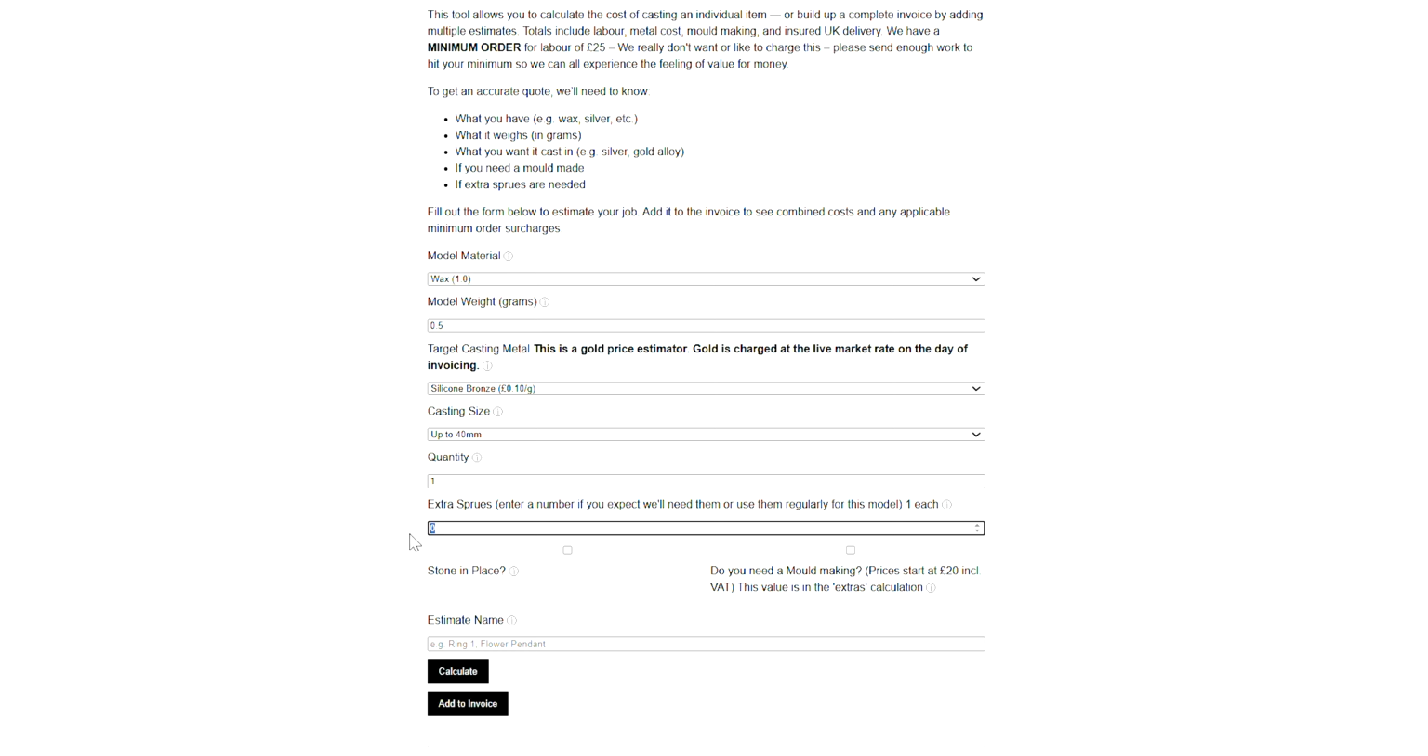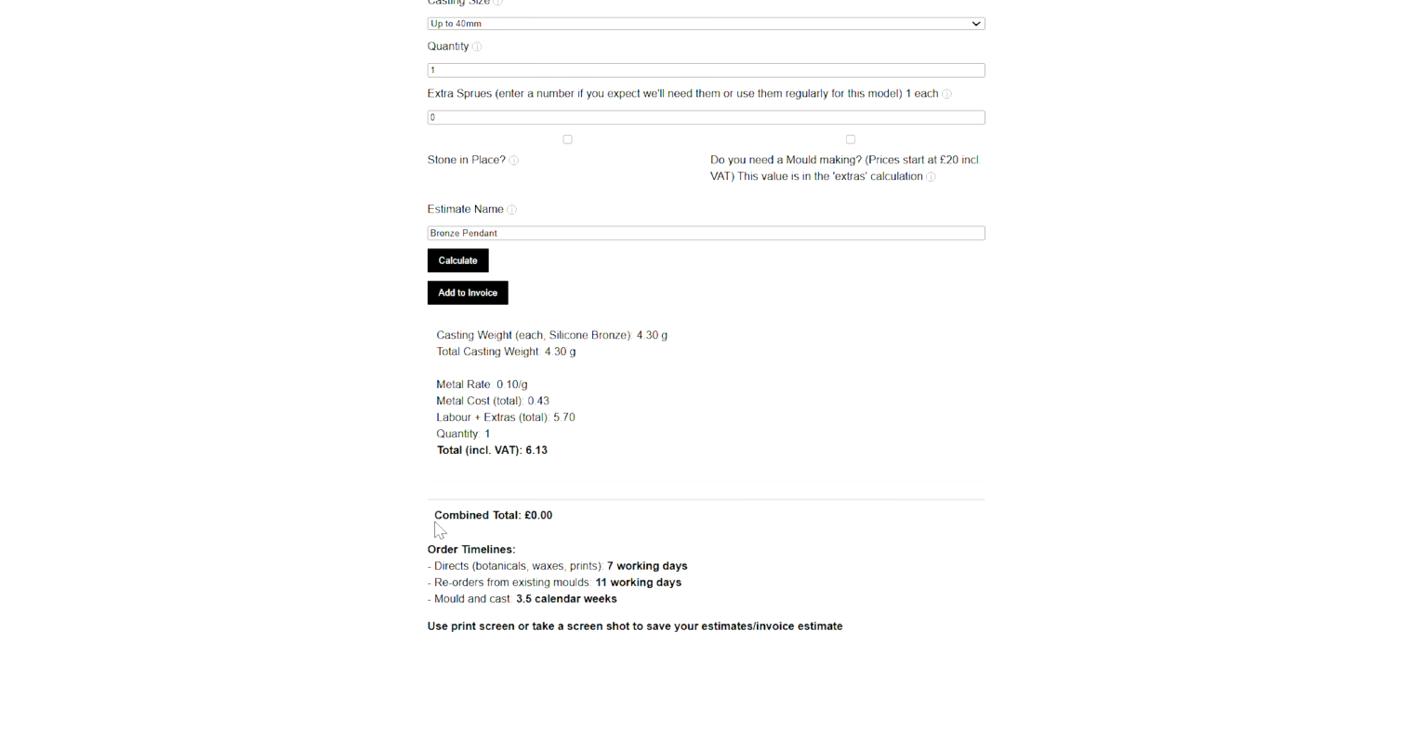I don't think it needs any extra sprues. It's not a model that has historically needed extra sprues. It's not stone in place and I don't need a mold making. I can give this a name. This is going to be a bronze pendant, and now I can hit calculate